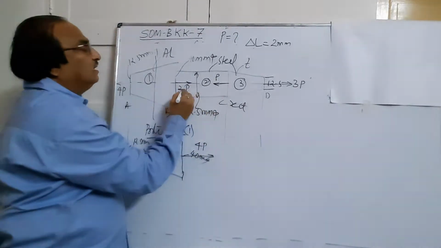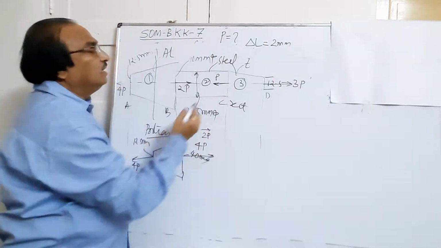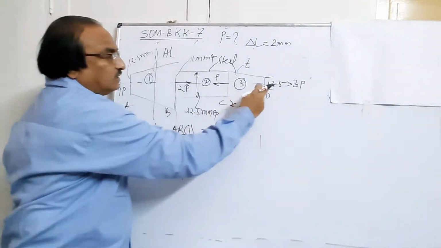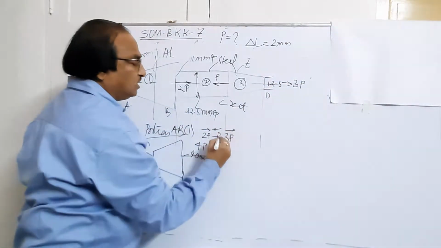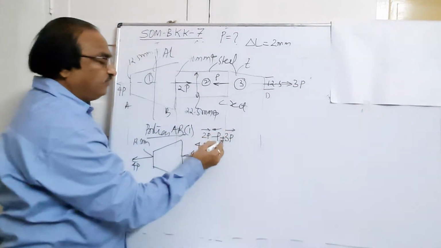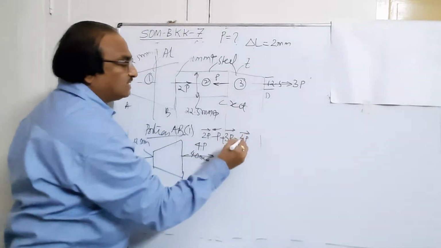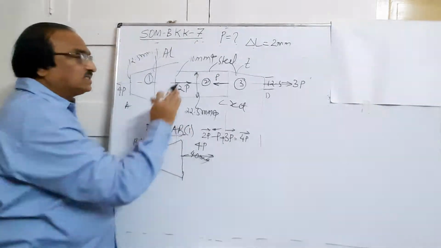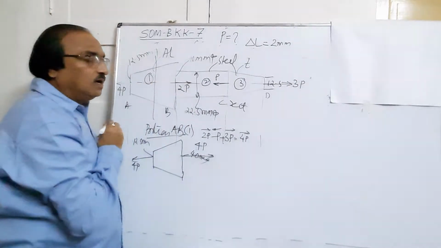Let us check still. This is 2P, positive. This is minus P because it is towards left. This is 3P. It is towards right, so it will be positive. So if you simplify this, you get 4P and right side because it is positive. So we got this first. Likewise you can check it. First and last portion, as I told you, there will be no problem. Only thing you will have to decide for middle portion.